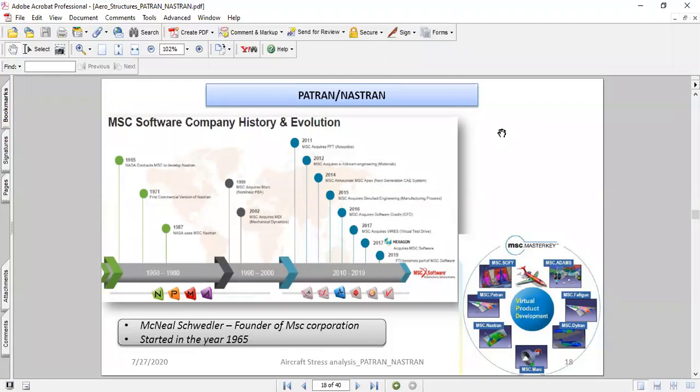And now recently they have also introduced various different products such as Marc, Dytran, Fatigue.